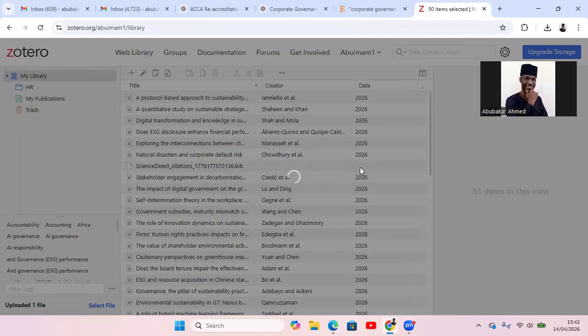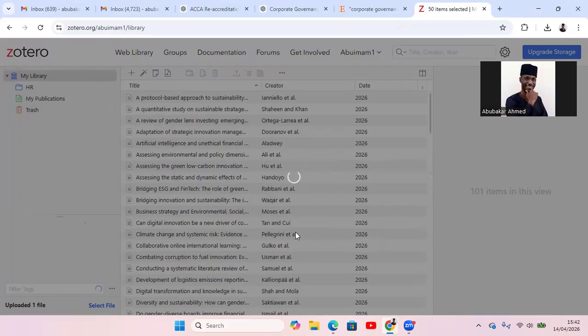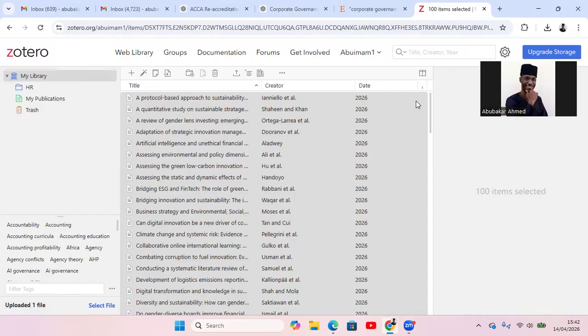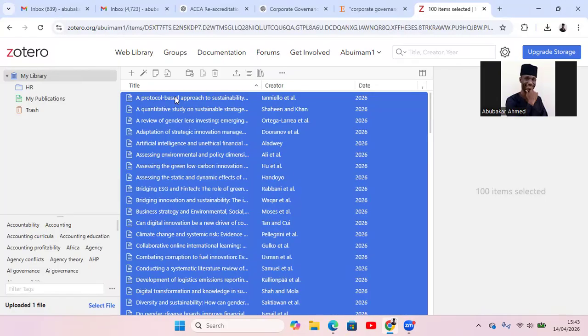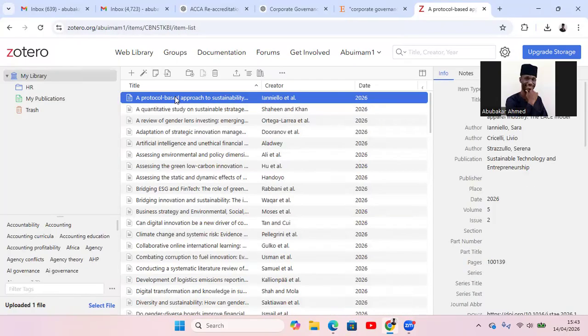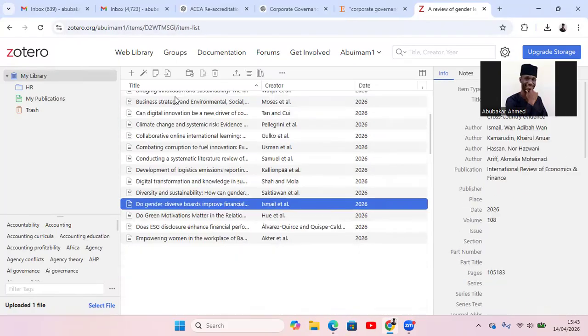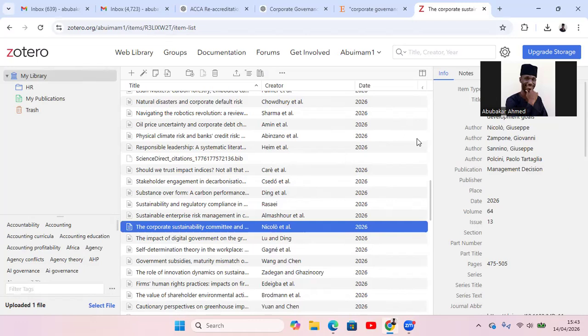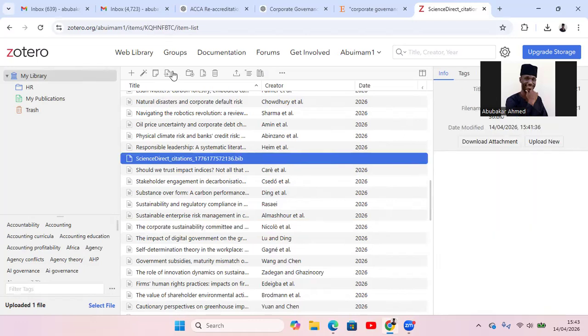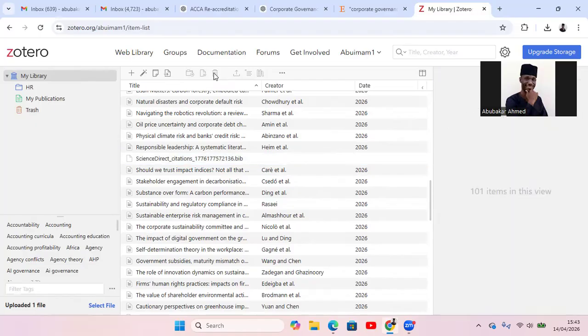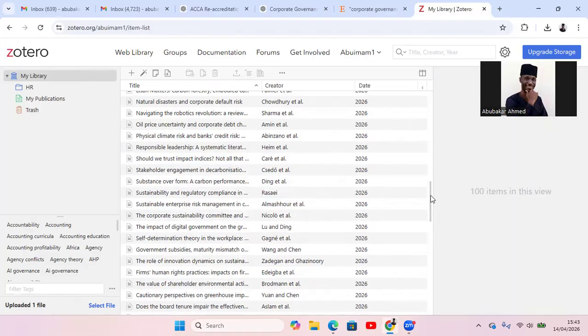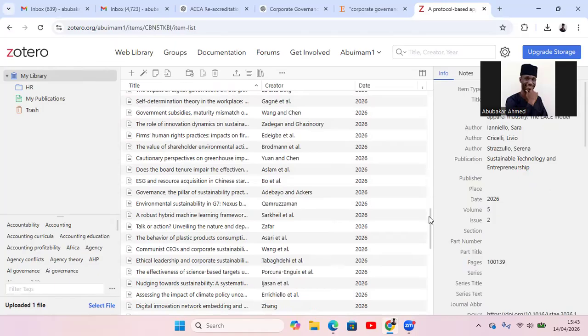Okay, so that's good. So if you can see, what we have here is that already we have imported all these references from our Science Direct. So these are all the articles, and it's just nice. All the 100 articles are already there. We are going to delete this because this is the original file that we added. So just delete this. So when you count, we have 100 items